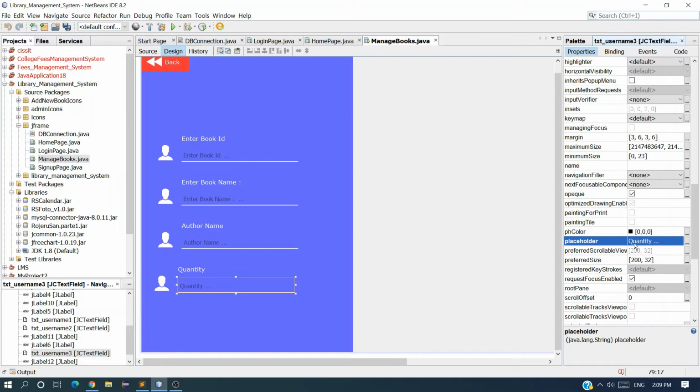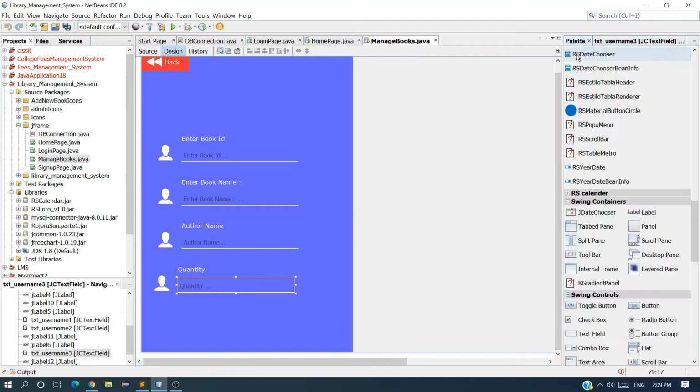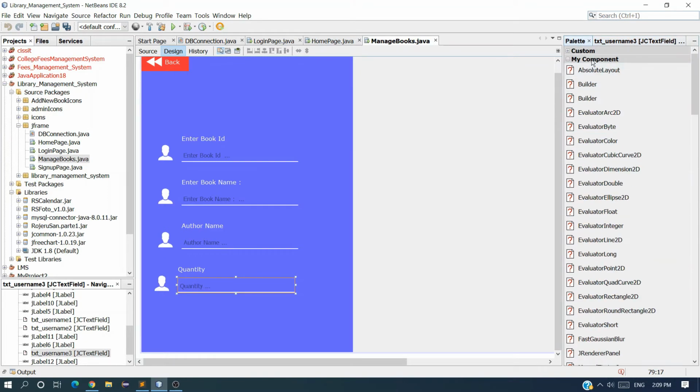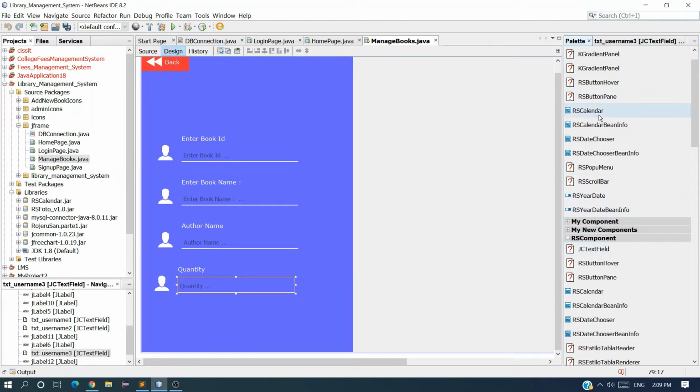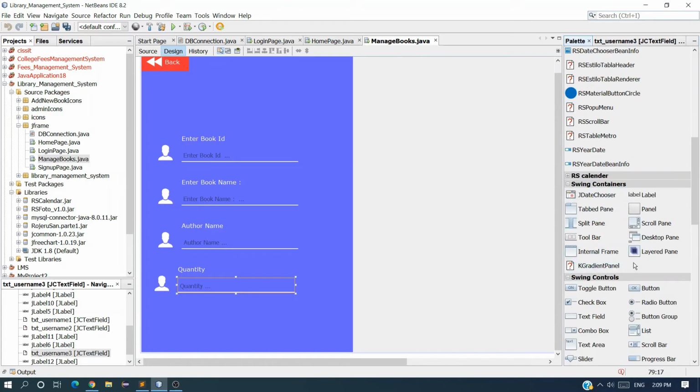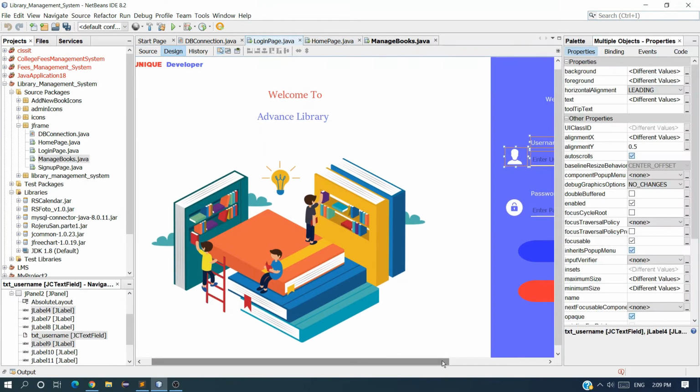If you are using a normal text field, you will not get the option called placeholder. I am using JCTextField. Here you can see it's a JCTextField, and if you don't know how to add this JCTextField in your palette, here you can see when I go up in my custom, you can see a JCTextField available. If you don't know how to add this, go check out my second video, or you will get the link in the I button. You can go and check it out. In that video I showed you how you can add this JCTextField and this RSTable and this RSCalendar. Okay, and now I want a button, so we have already a button on this home page, or